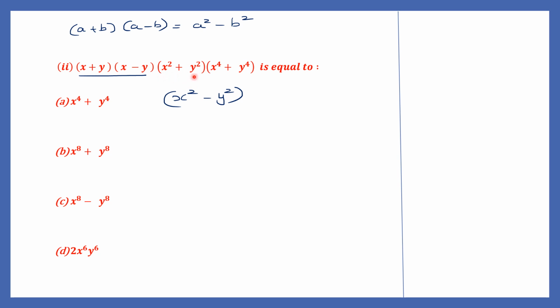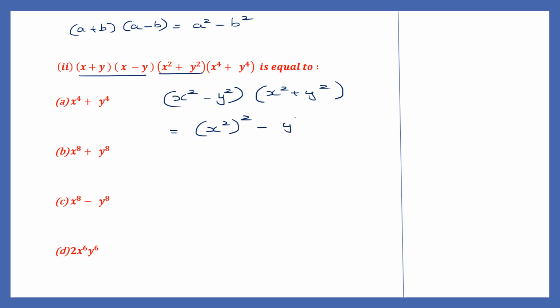Now let's take the second one along with this. So the next binomial is this. Let me write it along with this here. X square plus y square. So here again, can you see, we have the same term. The first term is x square, the second term is y square. Again, this is in the form of a minus b into a plus b, which is a square minus b square. So this is a and this is b. What will our answer be? This will be a square